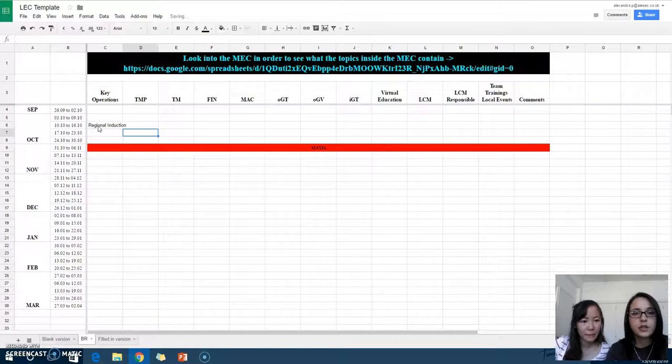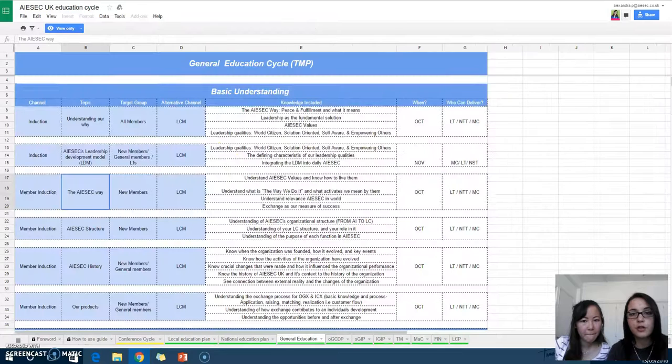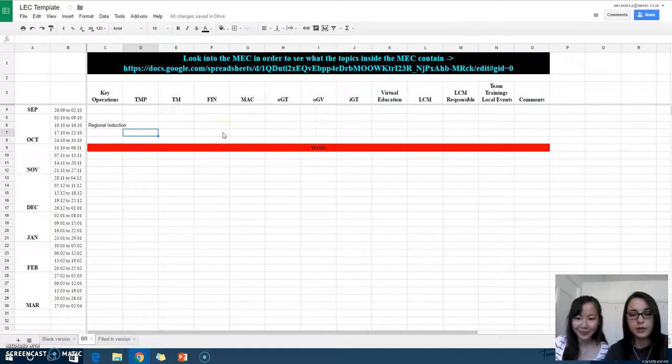Cool. So then we're going to go here and look for general knowledge, and let's just put here that you need to make sure that you're not overlapping in your local education cycle what is going to be delivered inside the regional induction. So put here what's not going to be covered there, and it's mainly our products, because this is not going to appear inside the regional induction.